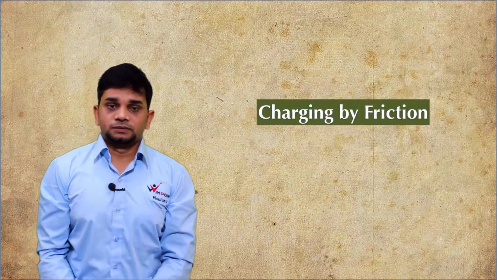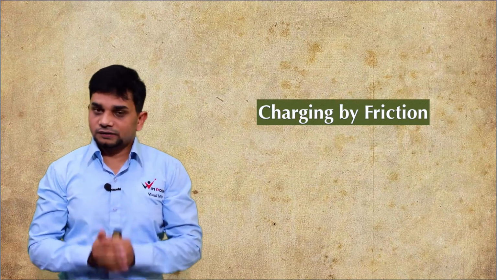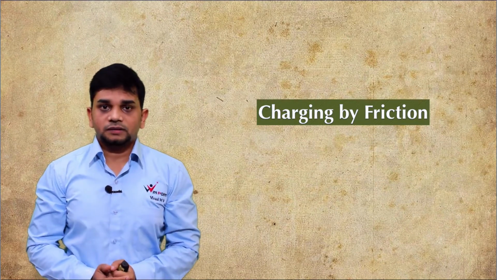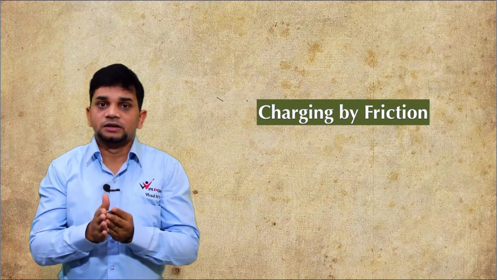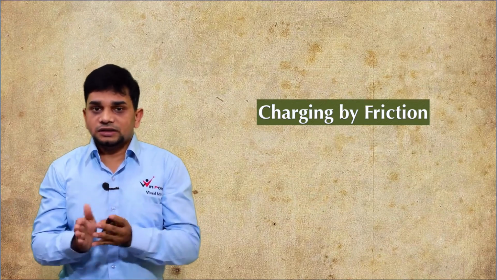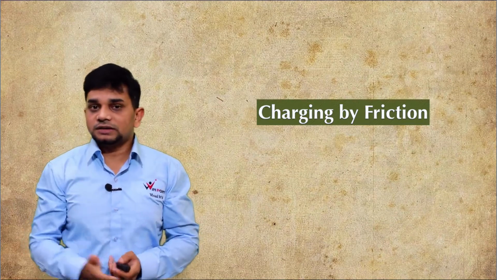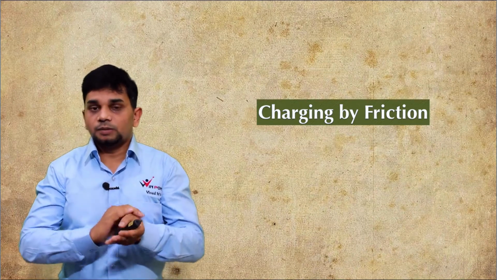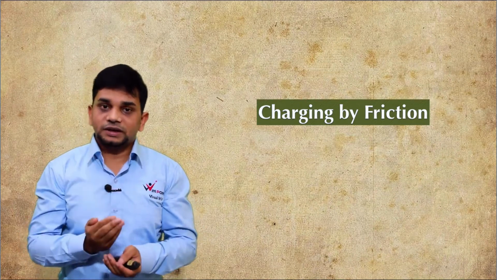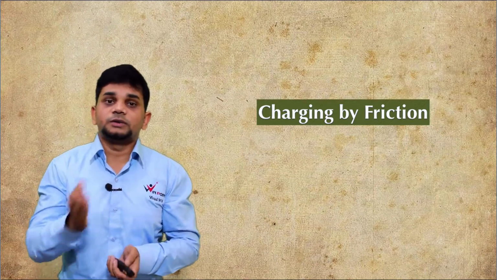Charging by friction. What do you mean by friction? It is an opposition force to the movement. If there is a movement, there will be friction. Right? When we are rubbing two objects against each other, there will be friction. Because of this friction, there will be electricity. This electricity is known as frictional electricity. Because of this friction, there will be production of heat. Because of the heat energy, the electrons will get energy. It will jump from one object to the other object.